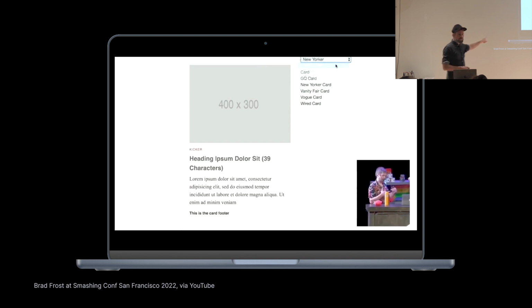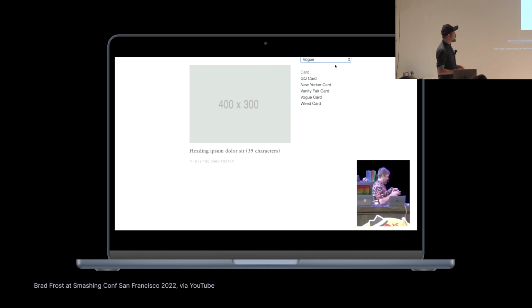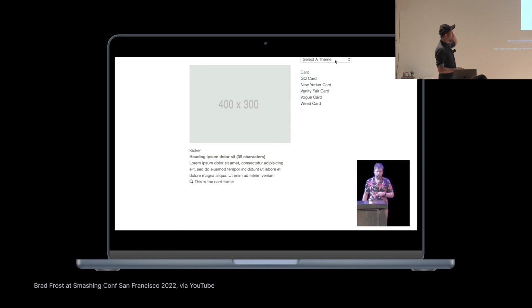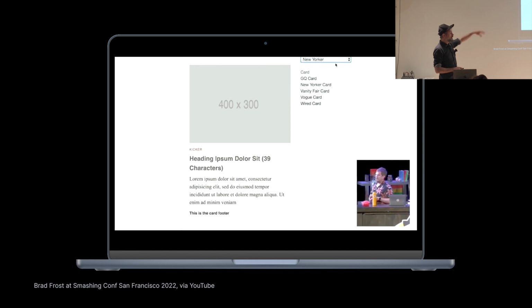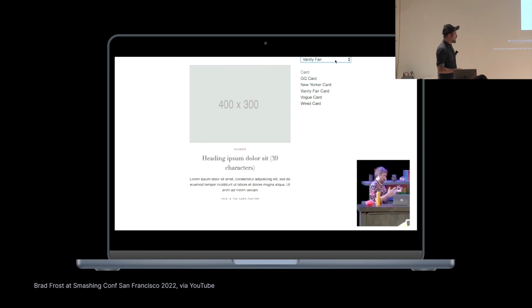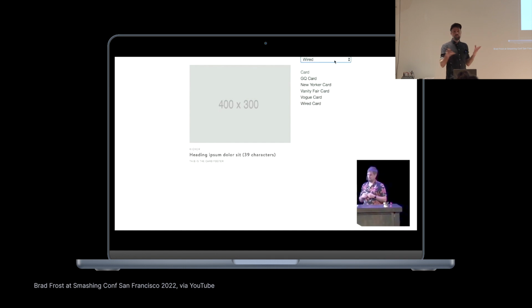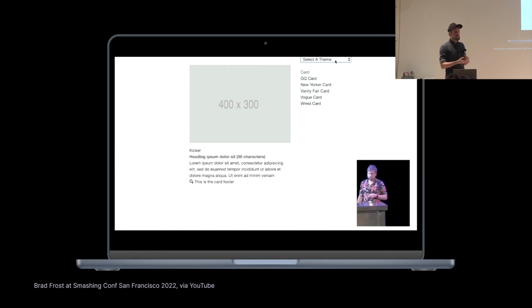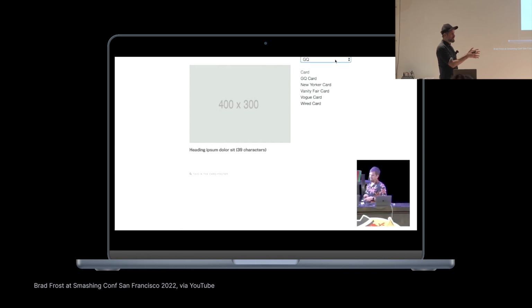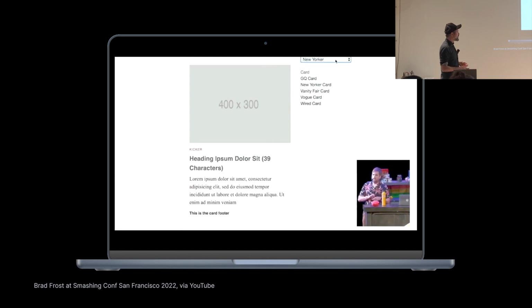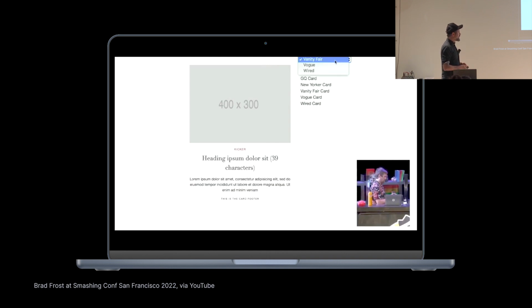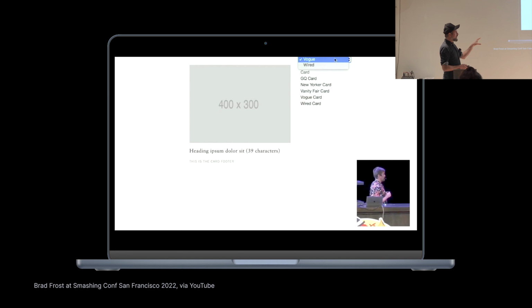He gave it for Smashing Conference in San Francisco like 2 or 3 years ago. And here he also toggles between the different sub-brands, completely different typography, different colors, but the same markup. And you can imagine that this saves a lot of time, especially when working on a big project with multiple sub-brands, but also when working for an agency with different clients. So that's really the power when using aliasing combined with a global